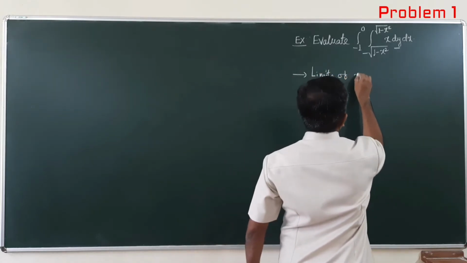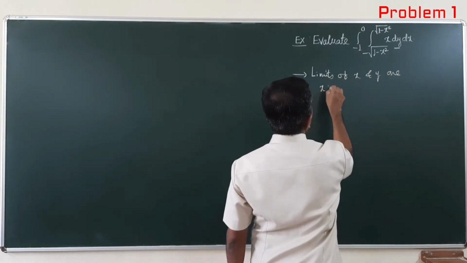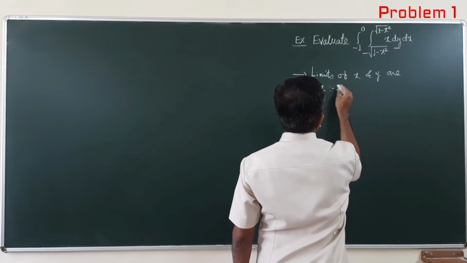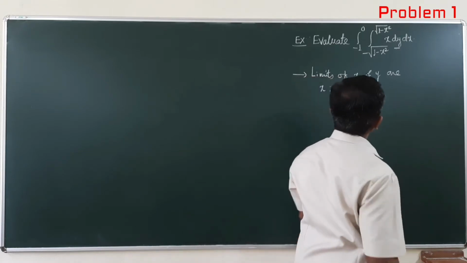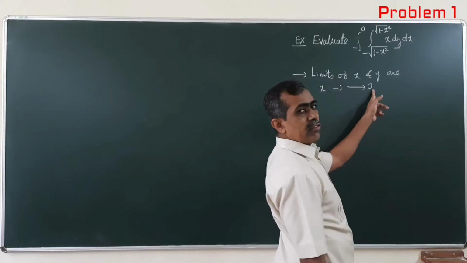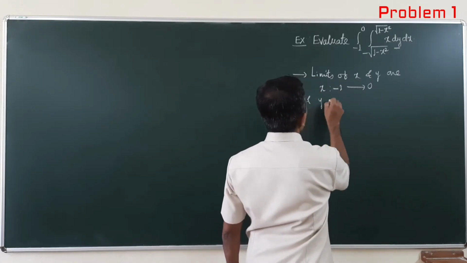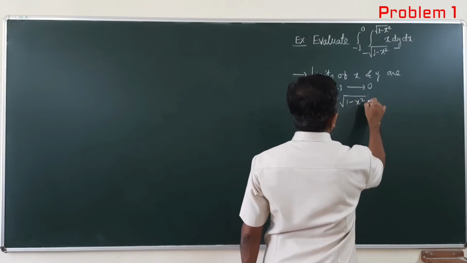The limits of x: x runs from minus 1 to 0, that is x equals minus 1 to x equals 0, and y runs from minus root 1 minus x square to